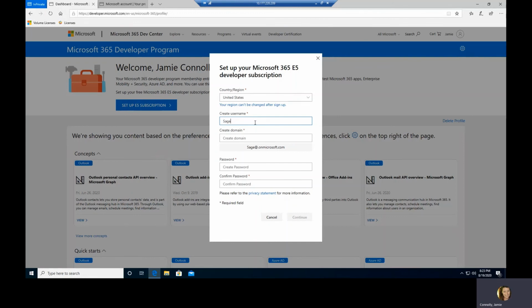I'll use Sage 100 M365. And then for my domain name, I'm just going to try to come up with something unique. Let's go ahead and do 29cent22. And then a password,